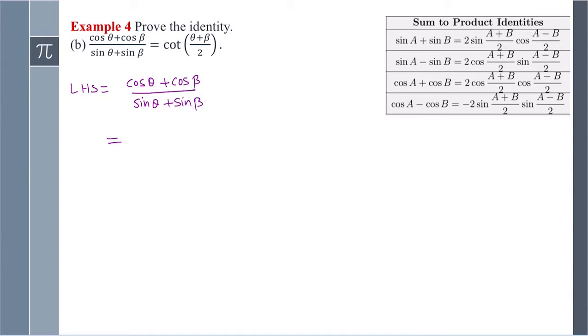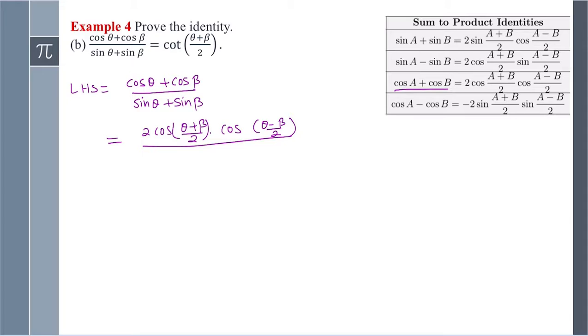So the numerator is cosine A plus cosine B. So we are going to use this formula, which is 2 cosine A plus B over 2 times cosine A minus B over 2. So 2 cosine A plus B means theta plus beta over 2, okay, times cosine A minus B means theta minus beta over 2